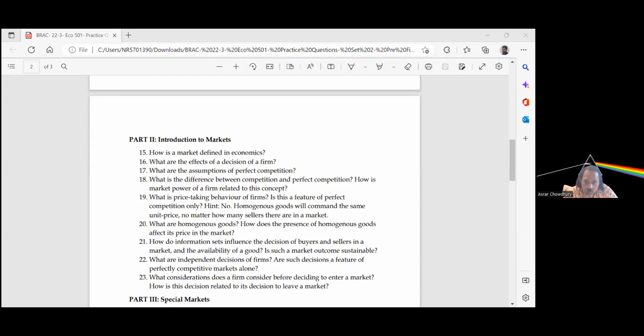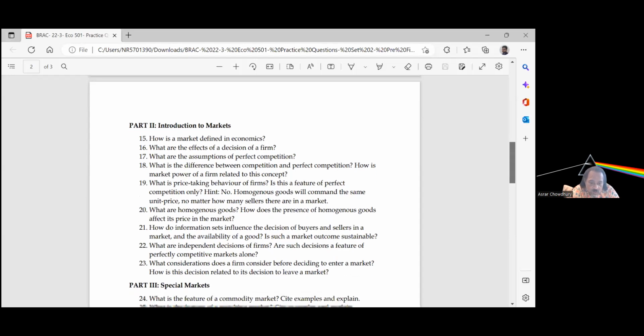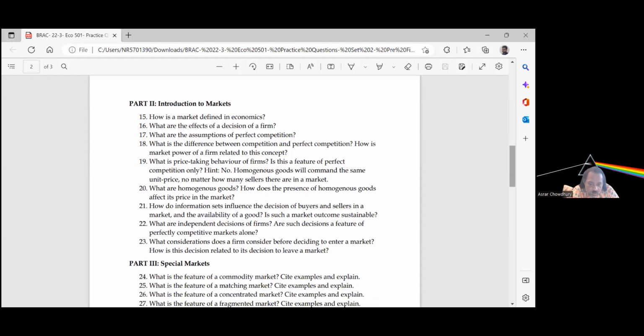আচ্ছা, কোয়েশ্চেনটা আমি রিপিট করি, কোয়েশ্চেন নাম্বার 23 in that sheet. What considerations does a firm make before কি বলে? ও আচ্ছা হ্যাঁ, শেয়ার করো, এই যে নাম্বার 23, somebody shared it. What considerations does a firm consider before deciding to enter a market? How is this decision related to its decision to leave the market? এটা পরে আমরা দেখি, হ্যাঁ, এটা বন্ধ করে দাও এবার।